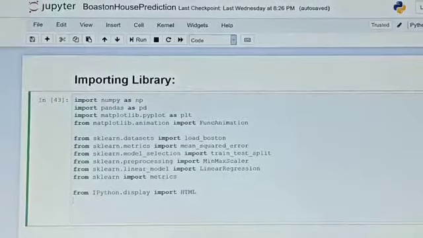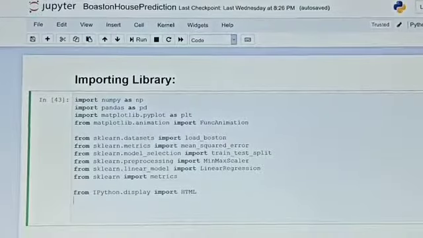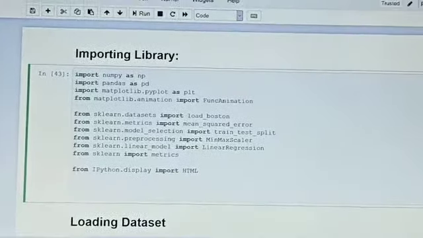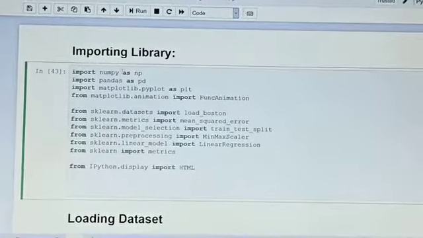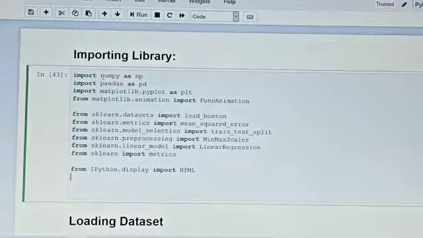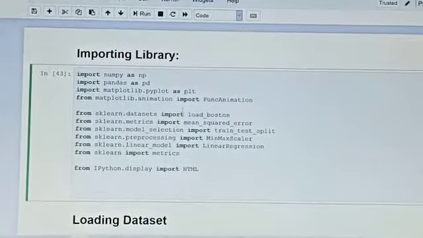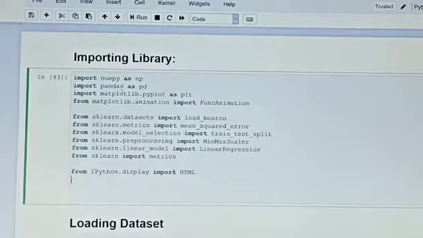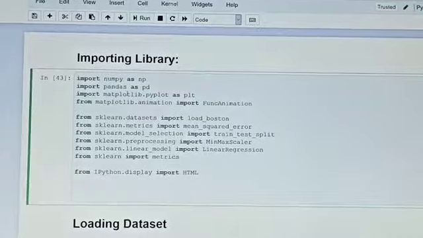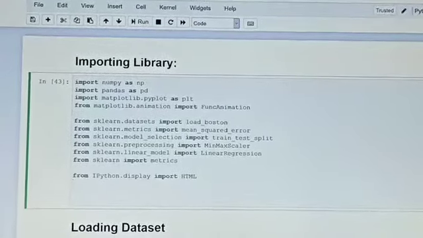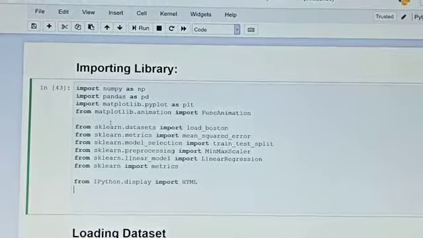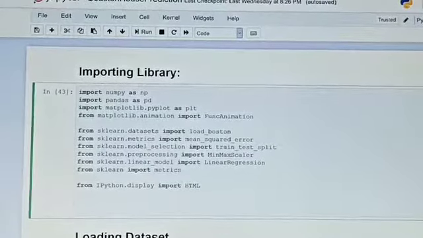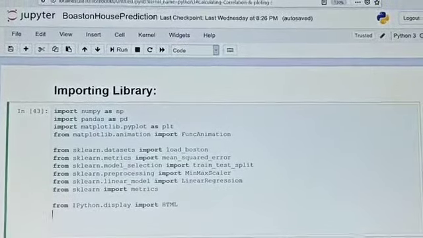Now, the first step is importing the libraries. How do we implement it? Firstly, we import NumPy as np. NumPy is a multidimensional array library and it is used to implement numeric functions in Python. Second one is pandas. It is used in data pre-processing. Third one is matplotlib. It is a visualization library, and fourth one is sklearn. This is an important library which includes various machine learning algorithms.